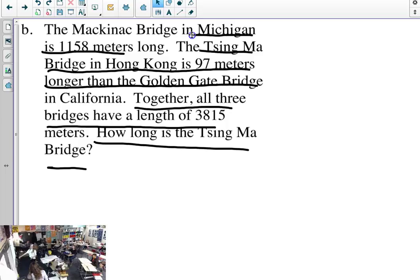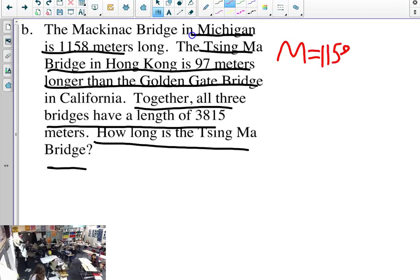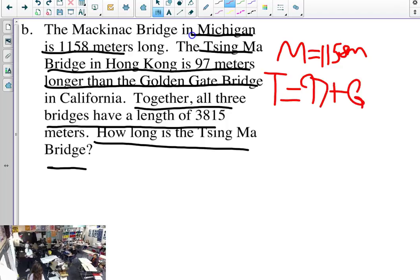So what we did is we made variables for each one. We did m equals 1,158 meters. And then we did t equals 97 plus g, because the Hong Kong Bridge, well, the Sigma Bridge, sorry, is 97 meters plus the Golden Gate Bridge. Then we did total is...